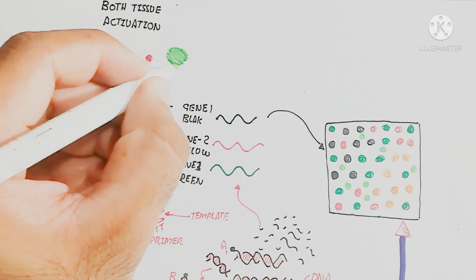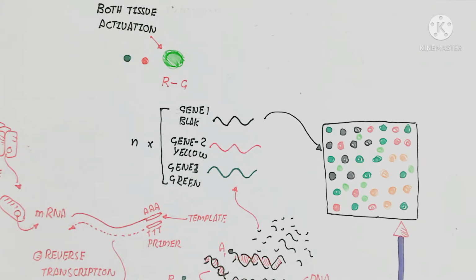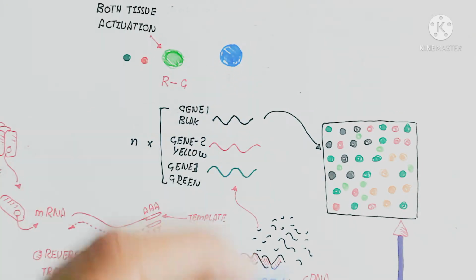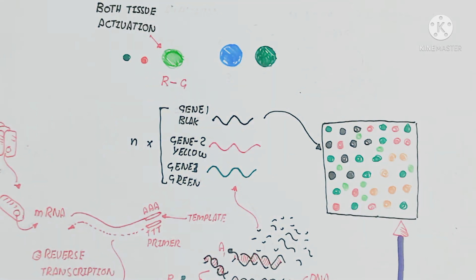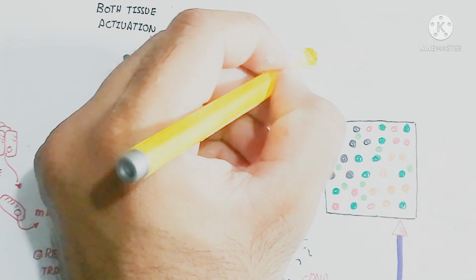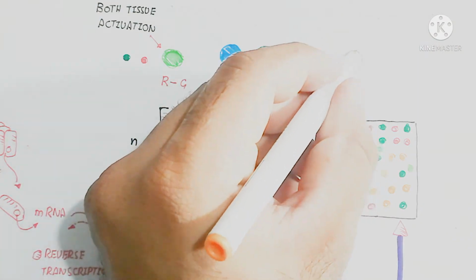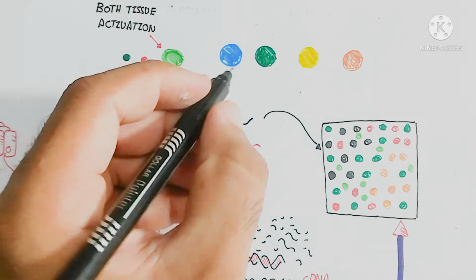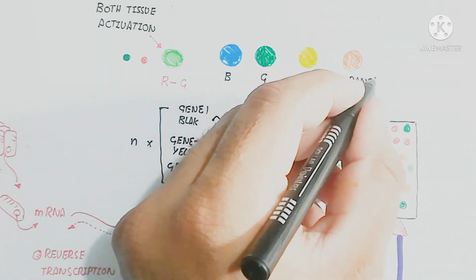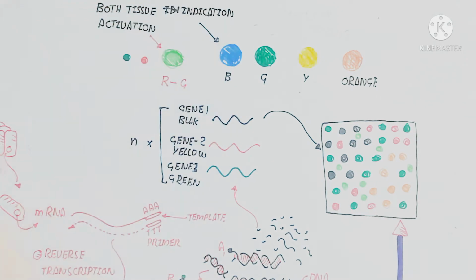It means the color is not completely green or not completely red, on the basis of their probe and complementary DNA. So an intermediate will be formed between the red and green. It means both tissues are activated, both regions of the tissue are activating that gene. So that is basically identification on the basis of color, where the gene is activated and where the gene is inactivated.